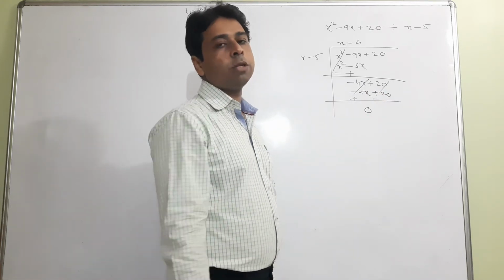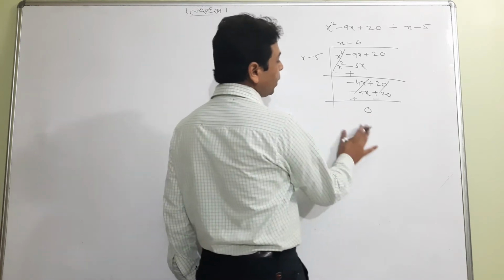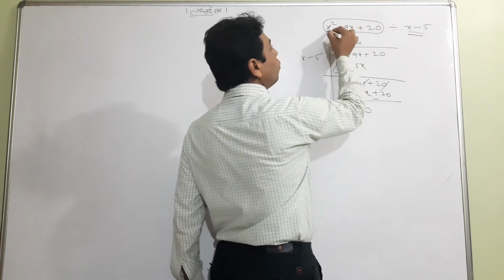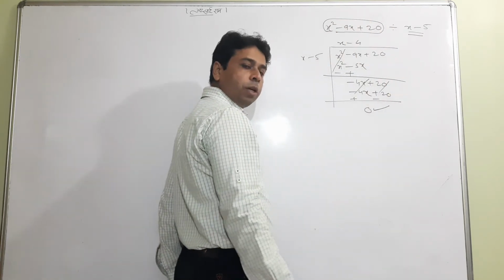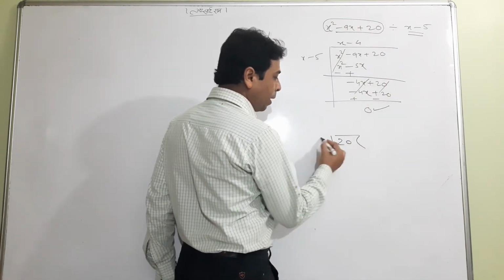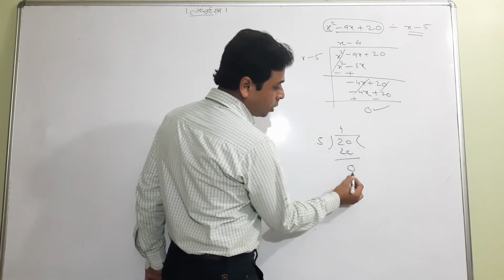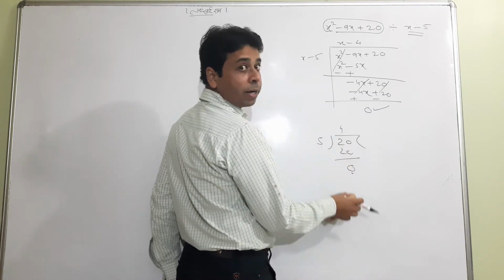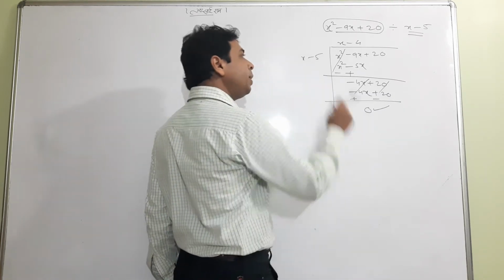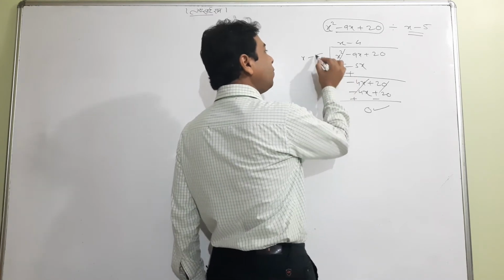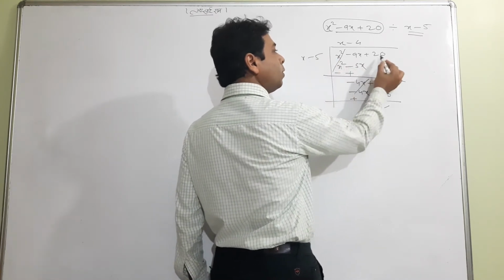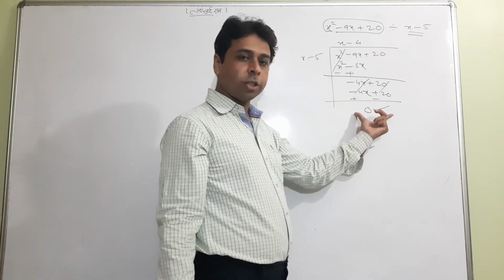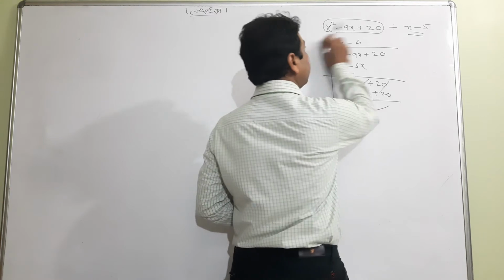So wow, it is a very good thing you got. Actually, let me explain that. It means that this is a factor of this one because the remainder is 0. You know it, when any number is divided by any number, if the remainder is 0, I will say that 5 is a factor of 20. Similarly here, x minus 5 is a factor of this one because on dividing we are getting the remainder 0. So this is the long method.